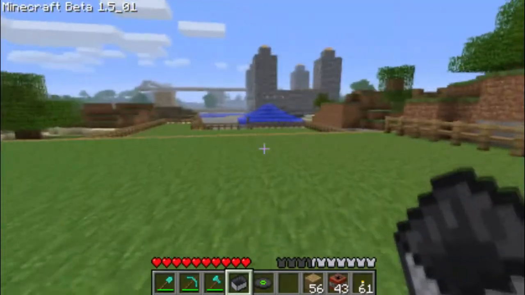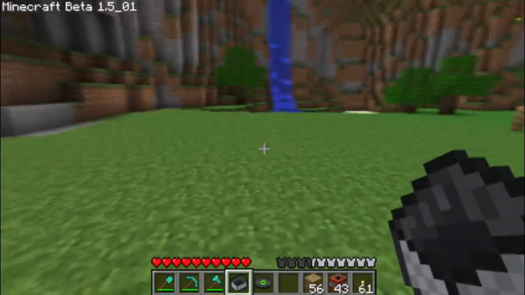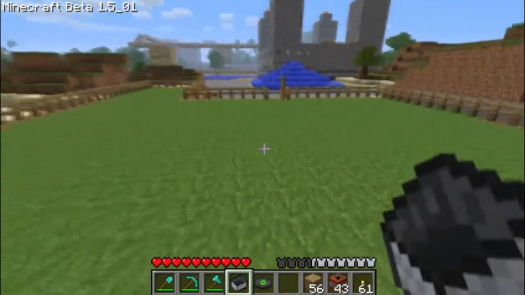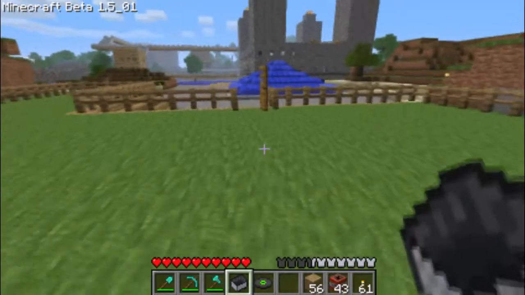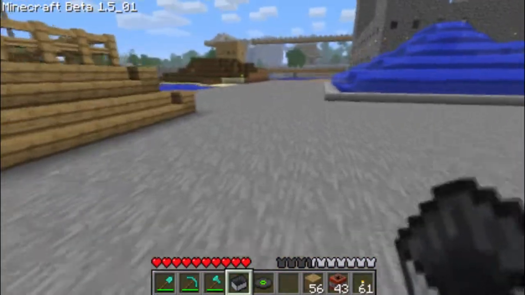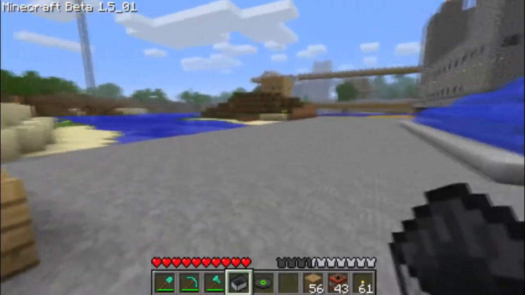But for some reason nothing is spawning at the moment. It was spawning as I was making it, but not now. I guess the cows are camera shy. But there we go. So let's just go round to the front of the castle now, and you'll see that